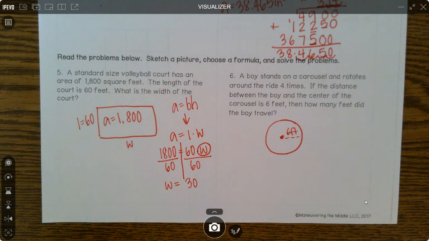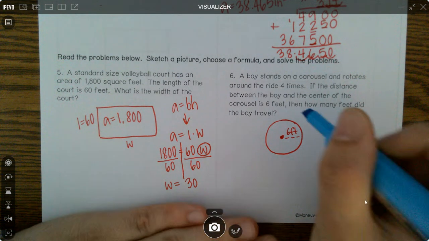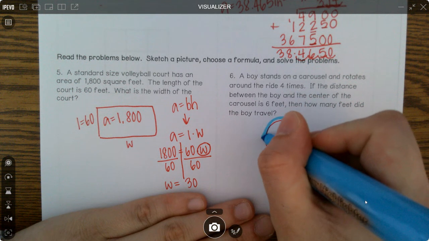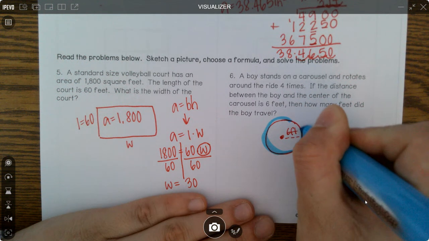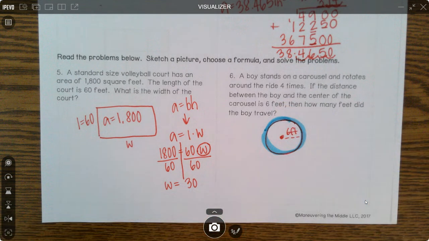So, and actually this time, if you read it, we're going around in the circle. We are not filling up the circle. We're going around. So if I want to know how far the boy went around the circle, am I searching for area or circumference? I'm searching for circumference, because area fills the inside of something and circumference is like the perimeter of